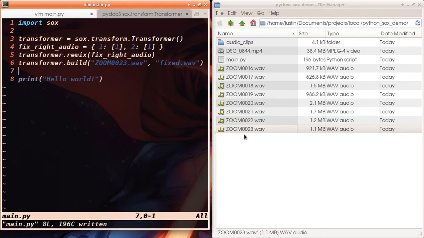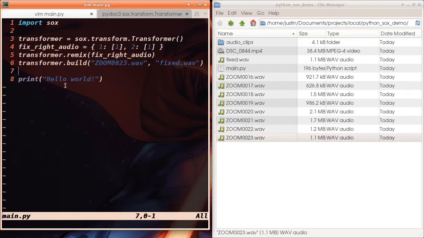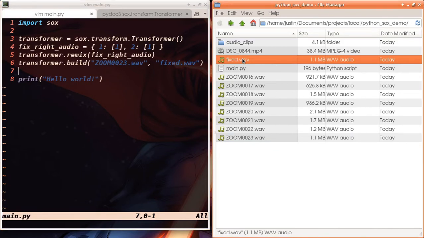So everything looks like it should be working. I'm going to run the script real quick to make sure that it does process this file and then give us this file back. So it ran through, and then at the end it just said hello world, because I keep it here to make sure that it terminates the whole script. And if I now click on fixed.wav,